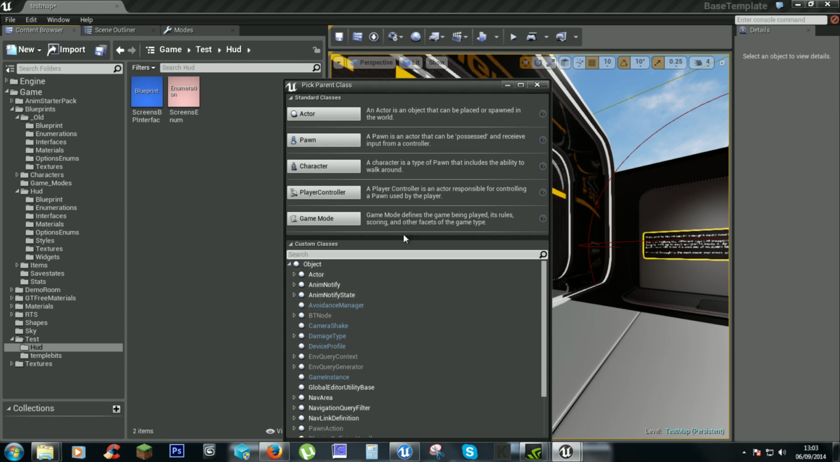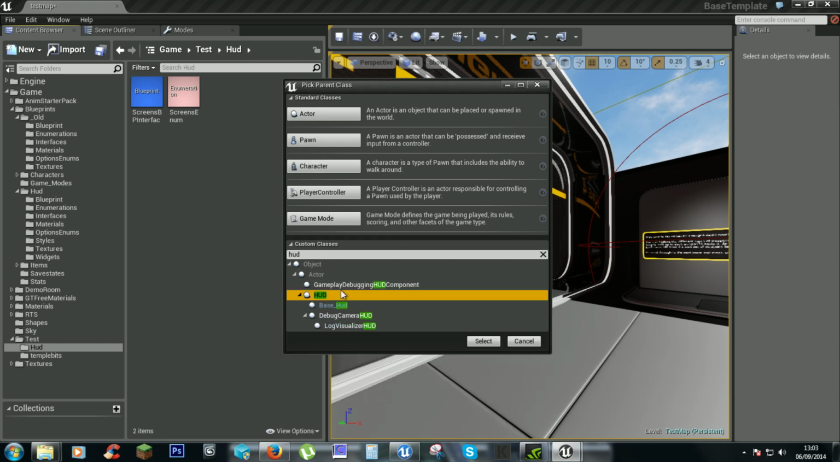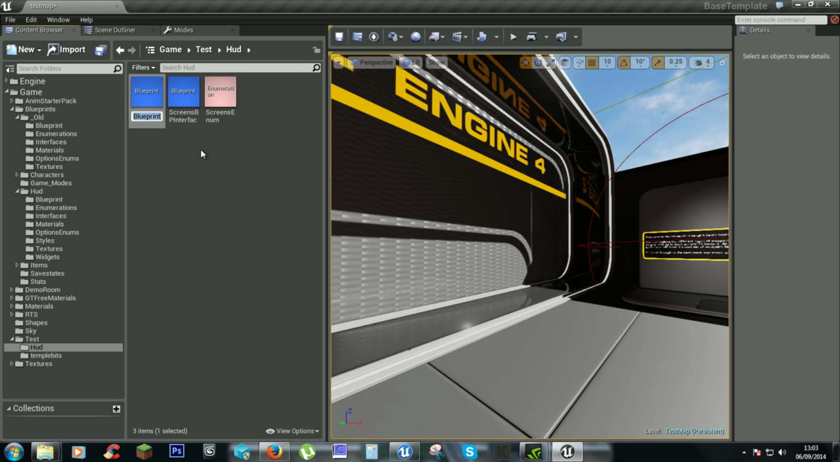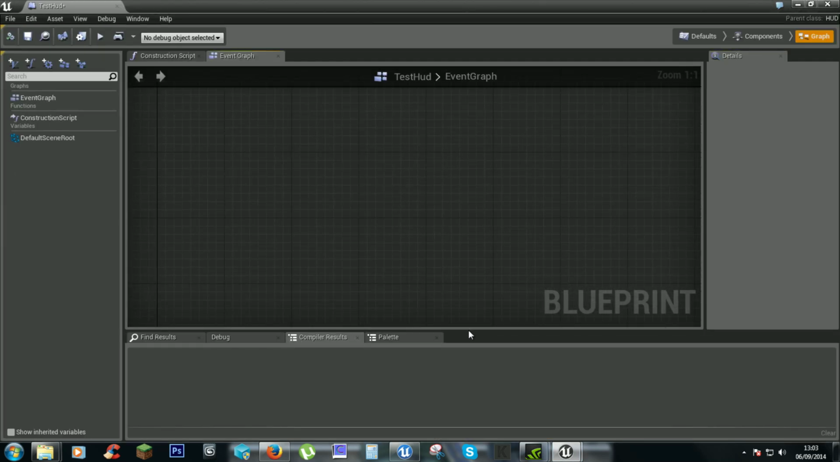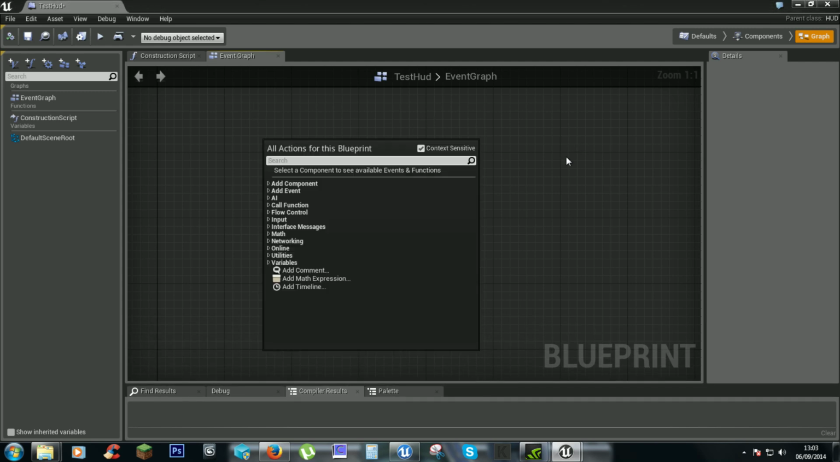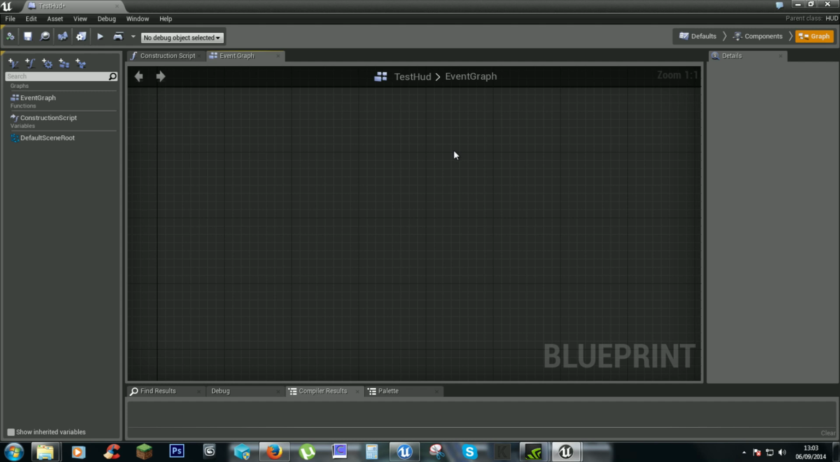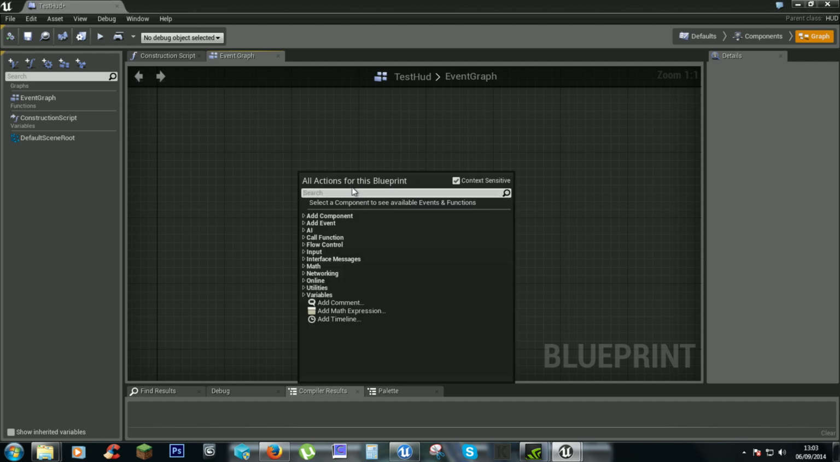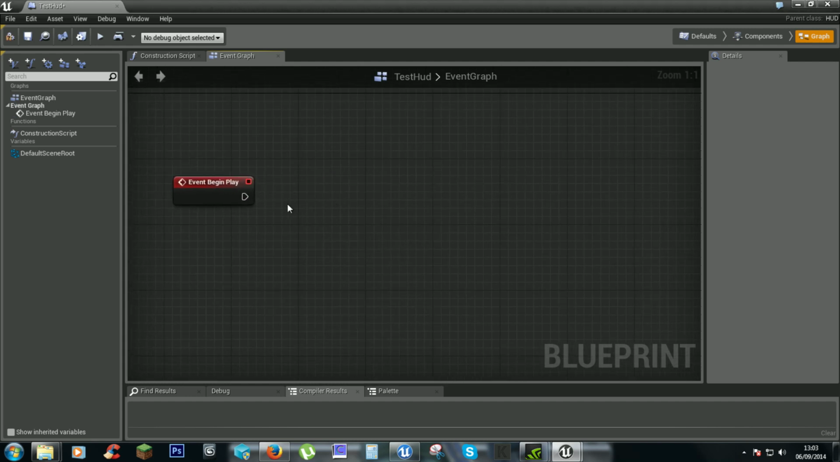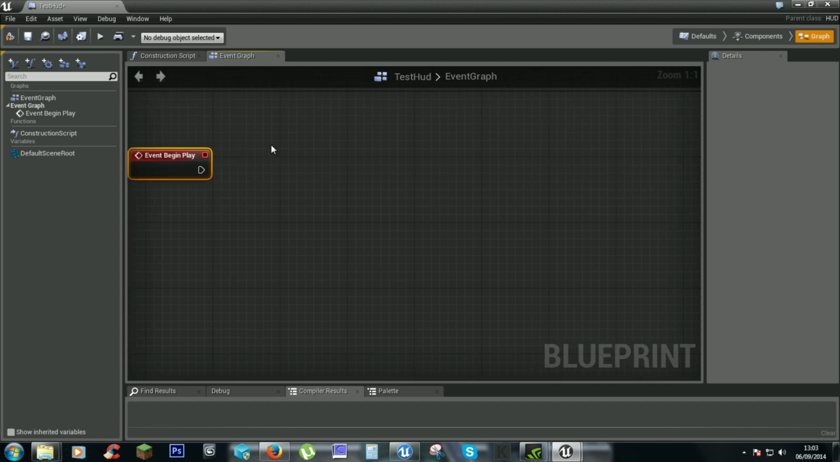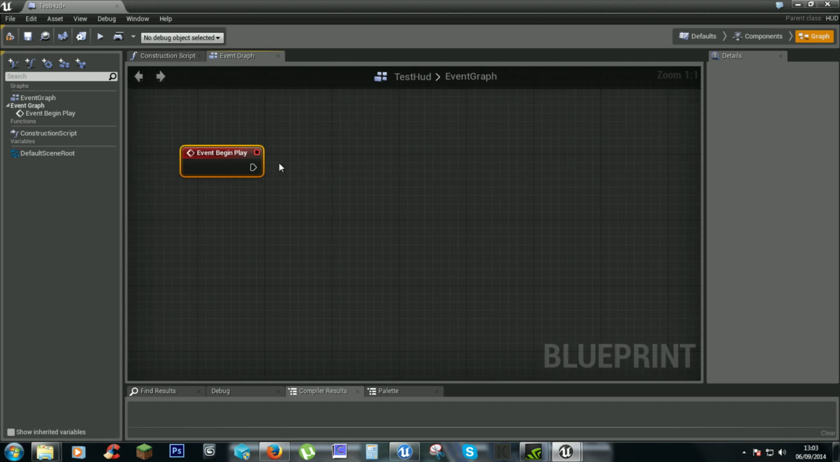So new blueprint, HUD. Yep, select. Test HUD. And we need an Event Begin Play. And this will start up each screen, and we need to save it to a variable so we can call it whenever we like. So we need to